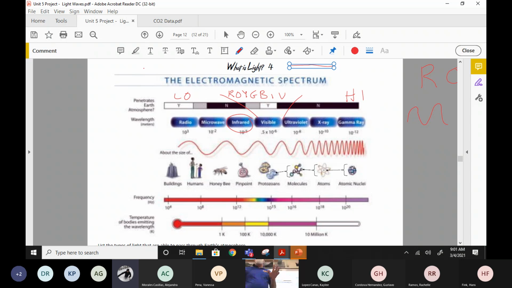Now, I noticed when you turned in your light math yesterday, a lot of people made a mistake on this. I asked you which type of light has a wavelength slightly longer than 800, and a lot of people said red. But that's still visible light. I wanted longer than visible light, which is infrared. Similarly, I asked the question, which type of light has a wavelength shorter than 400? The 400 was violet, but what is slightly shorter than that? What's just past violet? Ultraviolet, which means beyond the violet.